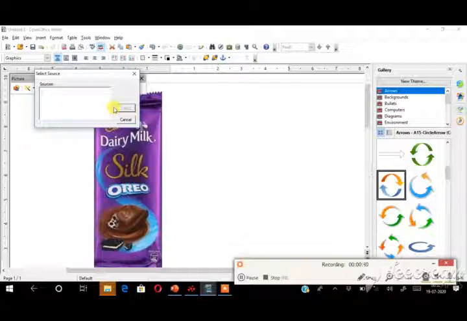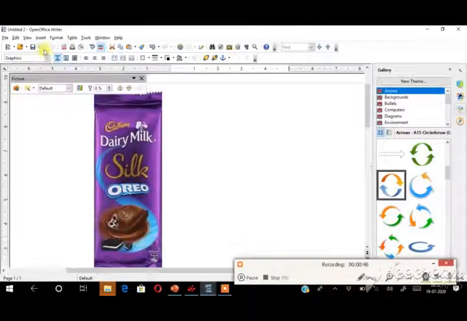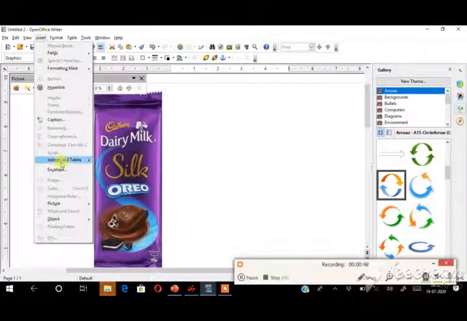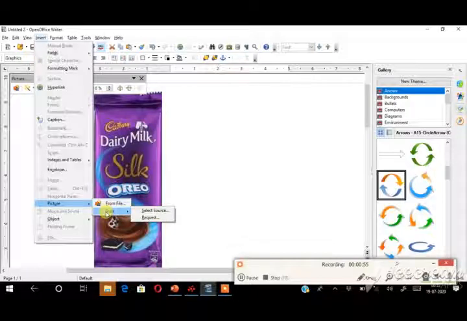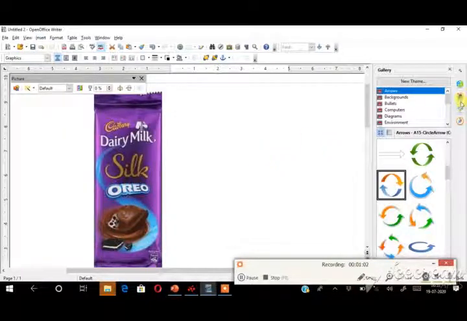Students, now you have learned three ways to insert a picture. One is using the insert tab and clicking the picture option. Choosing from file is one way to insert a picture. Another way, to attach any scanner to your computer, you can use the scan option. And the third way, you can use the gallery to insert the picture.